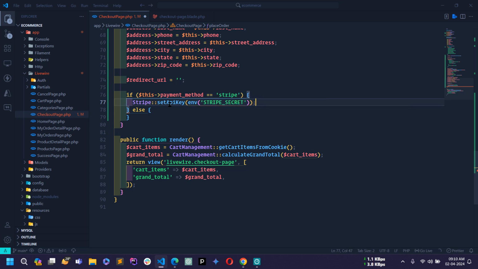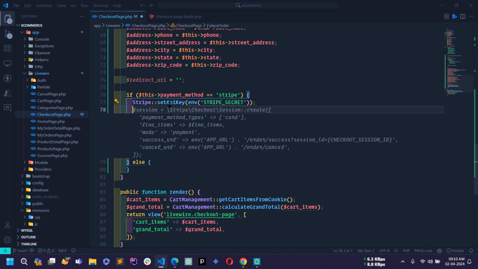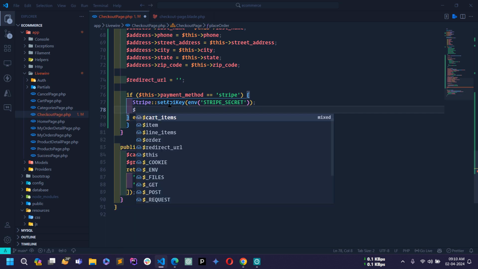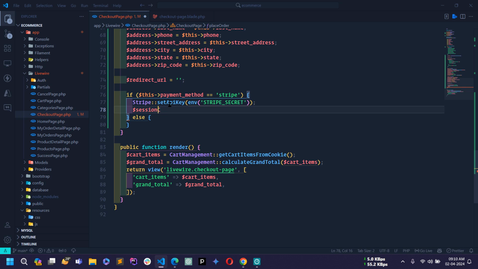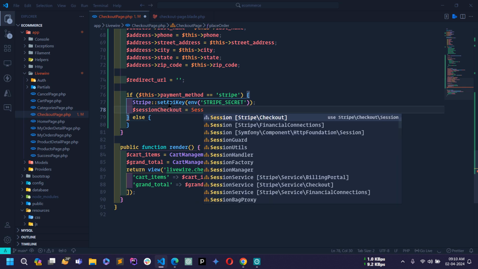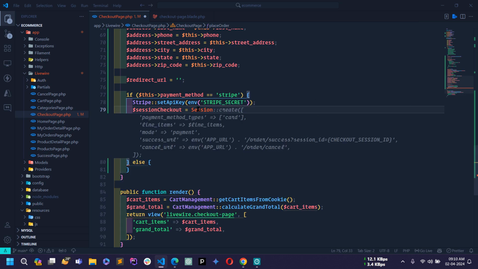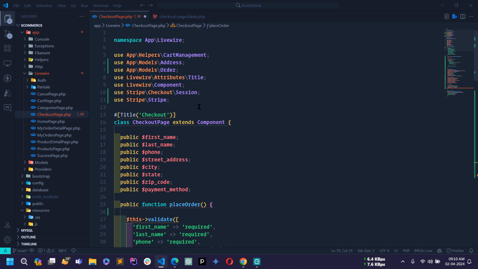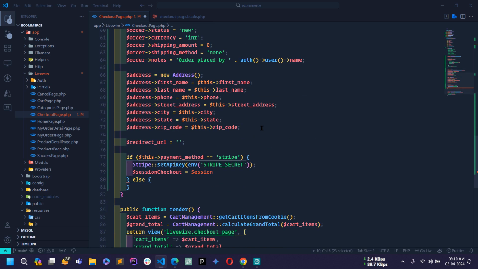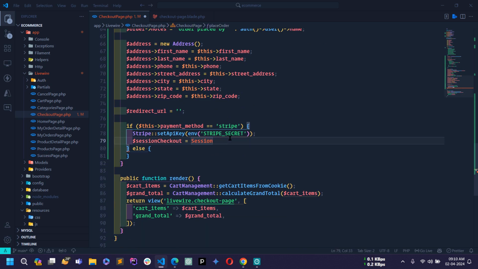Okay, next I will use Stripe checkout method. Okay, so here I will use session checkout is equal to, and here I will write session. Make sure to import this session class. Let me show you. So this is the class. Okay, so you have to import like this,